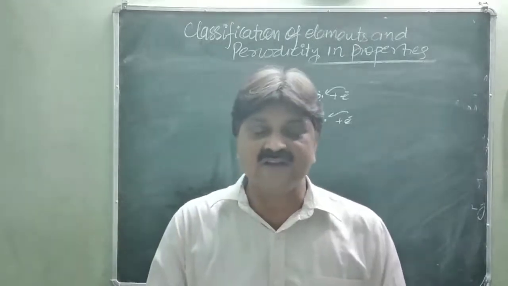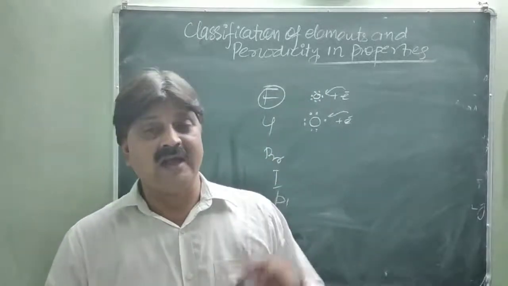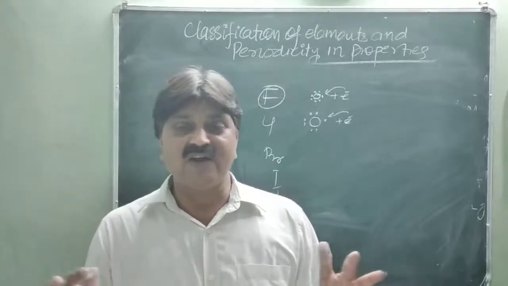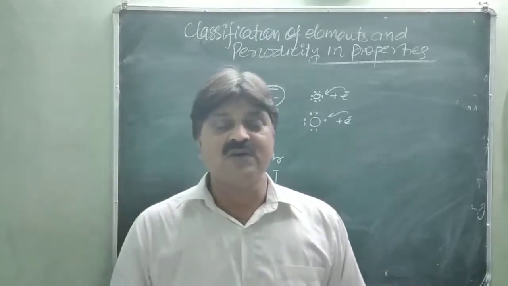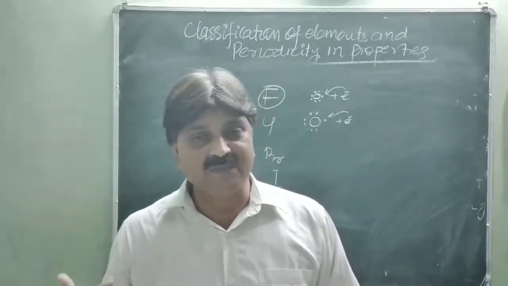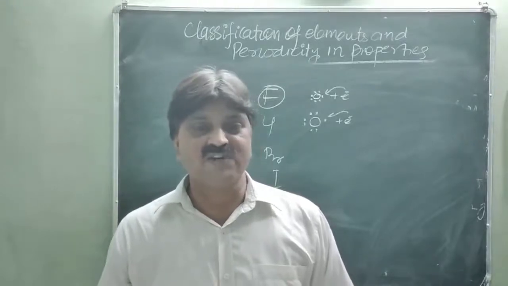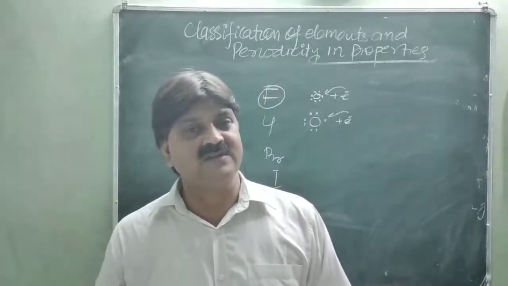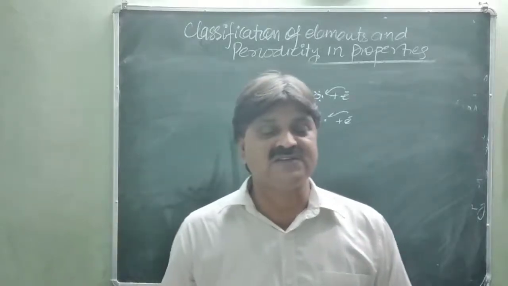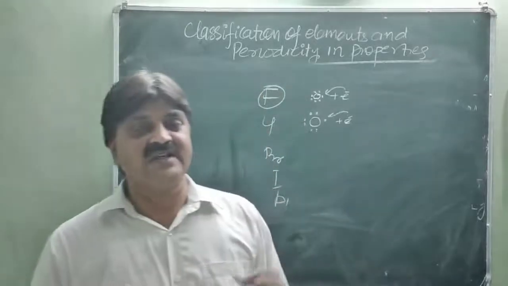So this is the reason chlorine will have the higher electron gain enthalpy as compared to fluorine. After that, bromine and iodine have a bigger size and the attracting tendency decreases, so accepting an electron is not easier. So after chlorine, the electron gain enthalpy decreases. The same cause is found in the case of oxygen and sulfur. Sulfur has a bigger size, so it gets an electron easily as compared to oxygen. Is it clear?